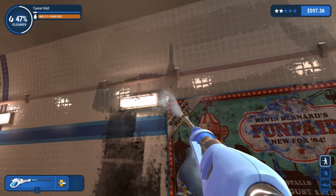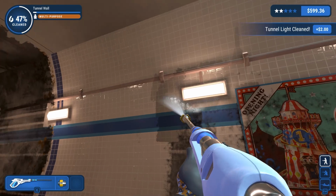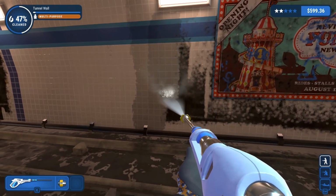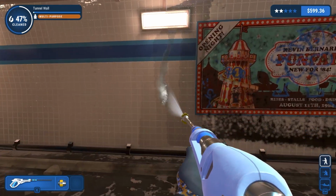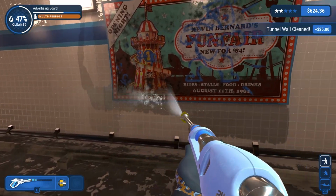There's also a tunnel wall below. That light done. You can see I'm actually not too bothered about bits that I missed for this tunnel wall, because I think once I get this stripe here, yeah, it's going to clean the rest up anyway. So